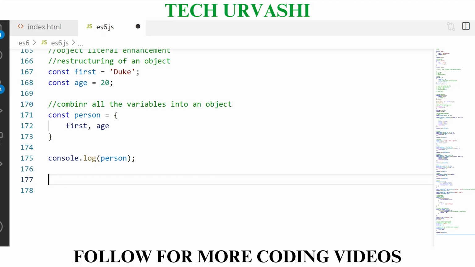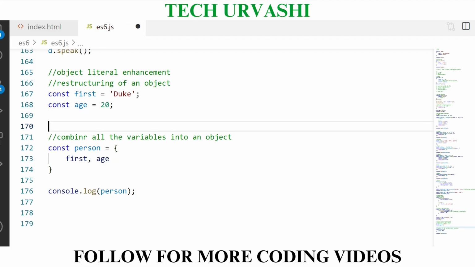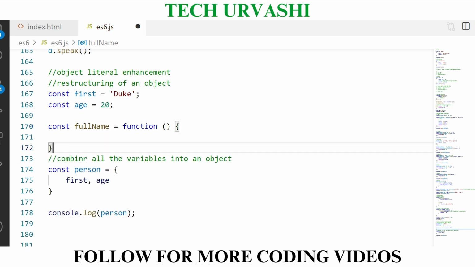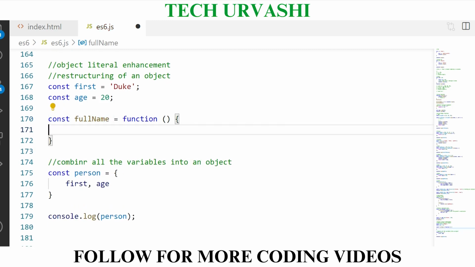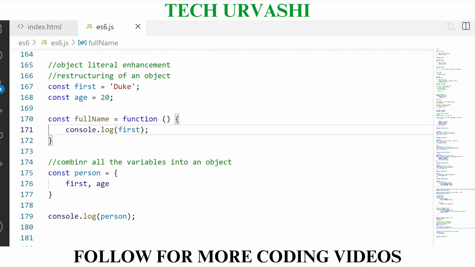Now we can create object methods as well with this. Let me create a method here. Say const fullName is equal to function, like this. Let me just say console.log of first. This is called a function expression.